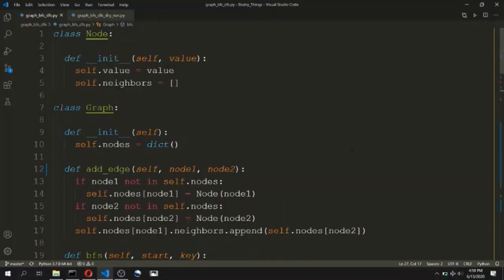Now I hope that you will not think that graphs are the toughest data structure out there. I also hope that you will now be able to write the code of depth first search and breadth first search for graphs very easily, because you not only know the code for it, but you also understand every line that is used in the code.